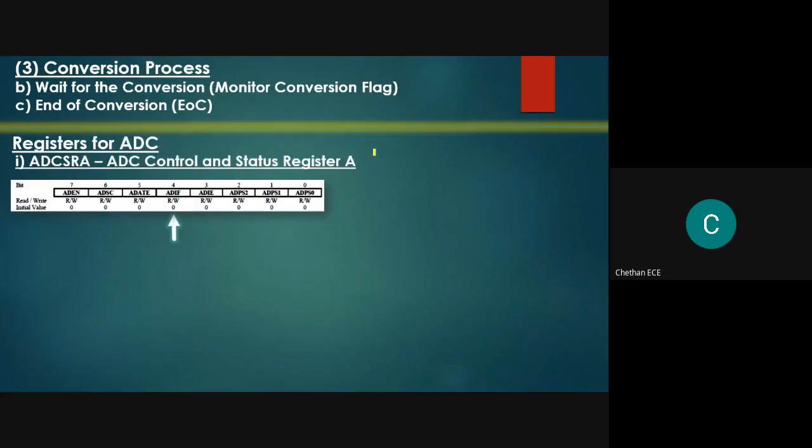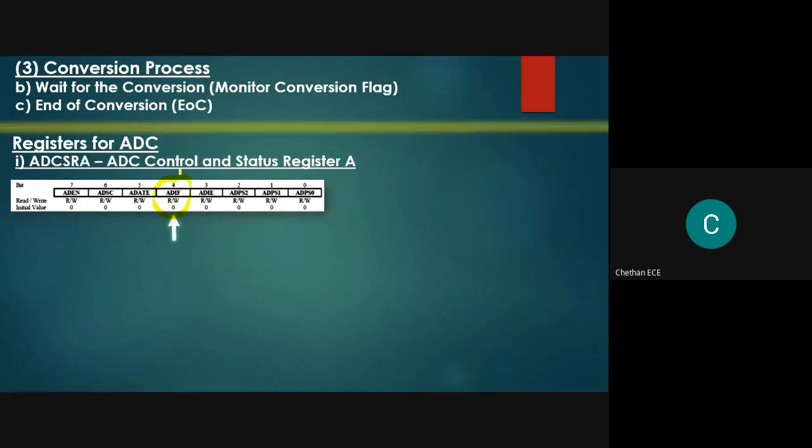After making the start of conversion bit 1, we have to wait for some time for the conversion to complete. And during this conversion process, we have to monitor an important flag in the ADCSRA register. That flag is ADIF.